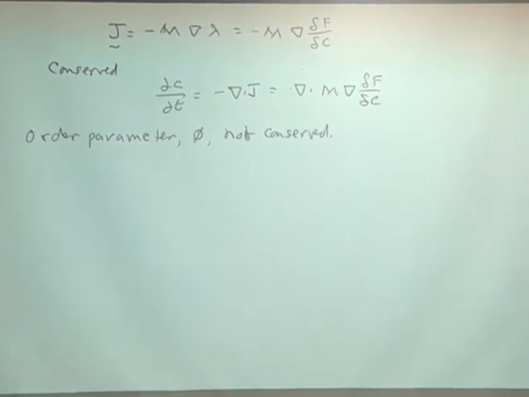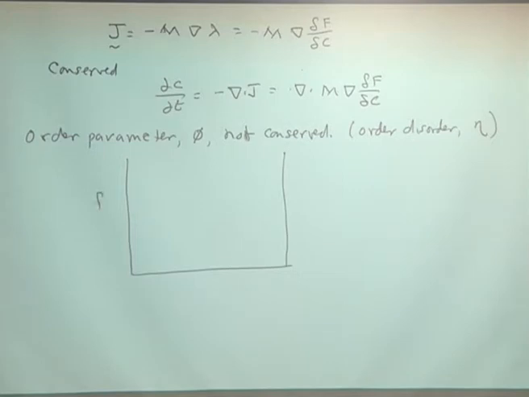Not conserved. And I gave you an example for this in an order-disorder case before. And I used eta for the order parameter there, but it's the same thing. And so the physics is very different because since the order parameter is not conserved, say you take something that looks like that double well free energy I gave you before. And if you started here, let's say